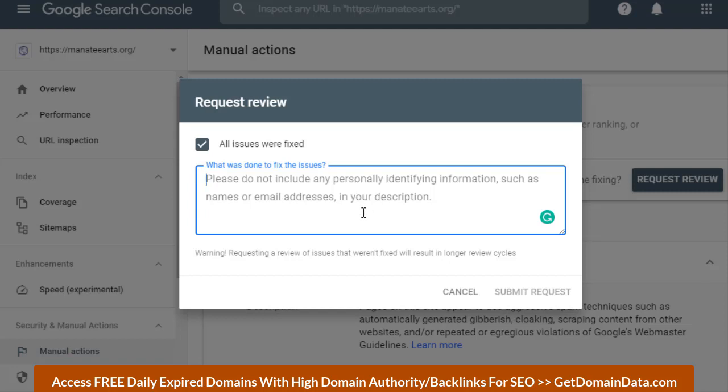So don't try to game this. You will put yourself in a longer review cycle. So that's it. So let's get started. Please do not include any personal identification information, avoid name, email address or any description that is personal. So that's it for your own security. What really needs to be stated is